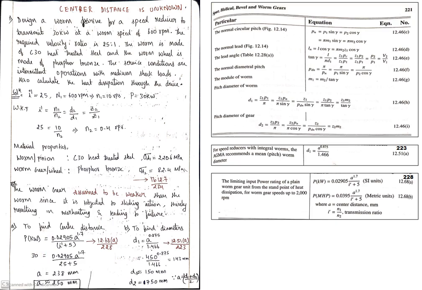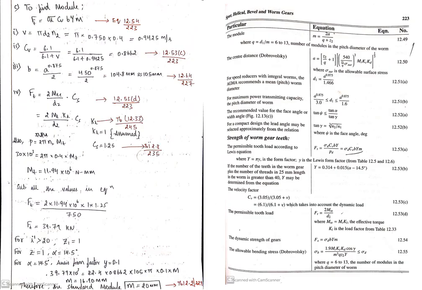Next one. Correspondingly, you can watch here on the right side where I have pasted the data handbook. So corresponding formulas will be available here, and it's easy for you to understand, and you can directly solve from here. Okay. So the next thing is to find the tangential tooth load. From this formula, we need to find the unknown values where V is calculated, CV is known, and the next is B, that is face width. Okay, and you can use this formula and calculate.